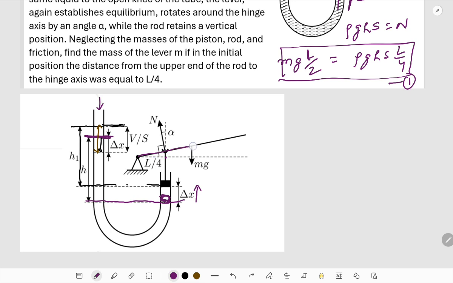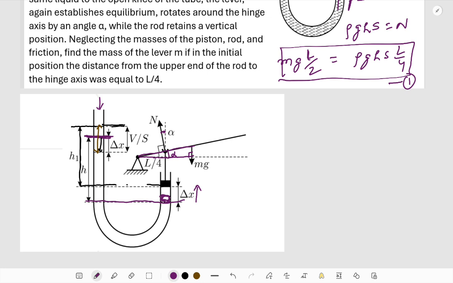This length is L by 2, and the moment arm of gravity in this case is this, and here is the right angle triangle, and this angle is alpha. Of course this angle is alpha, and so will be this angle. You know why? Because this alpha is the angle between corresponding perpendiculars. Normal is perpendicular to the rod, since there is no friction